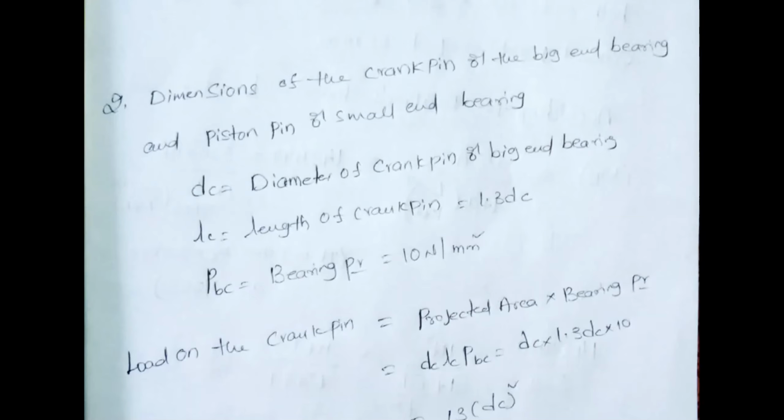What terminologies do you have? For the crank pin: the length of the crank pin, the diameter of the crank pin and the bearing pressure of the crank pin. Similarly, the length of the piston pin, the diameter of the piston pin and the bearing pressure acting on your piston pin. Only these 6 are the criteria. You have to equate the bearing pressure and so on. You have some equation, so you equate those terms and you will get your desired result, especially in the second step.